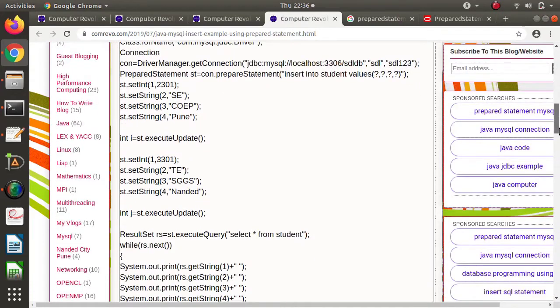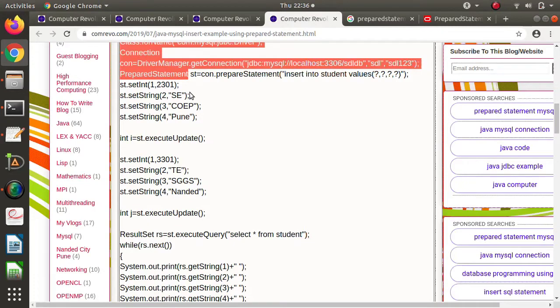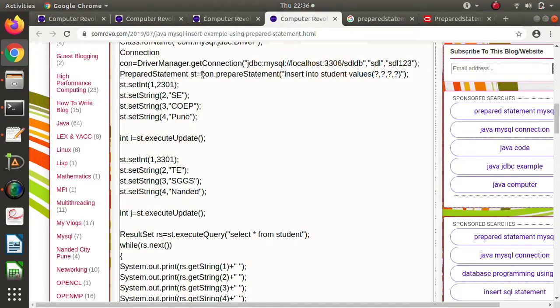Look at this. Prepare statement is an interface, we need to create this object, and its implementation is provided by the connection object, con, by calling the prepare statement method.